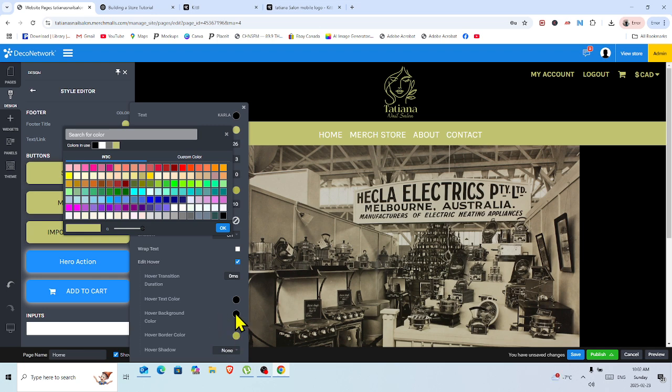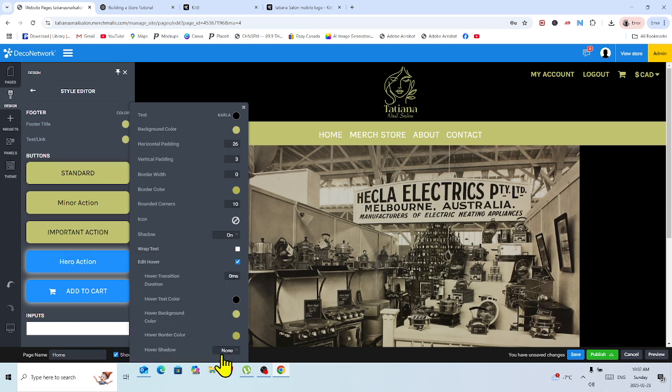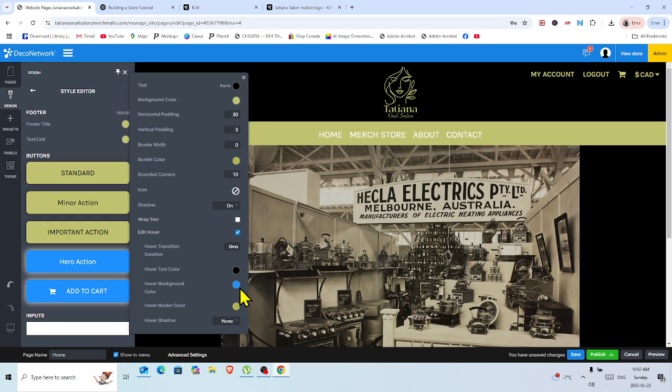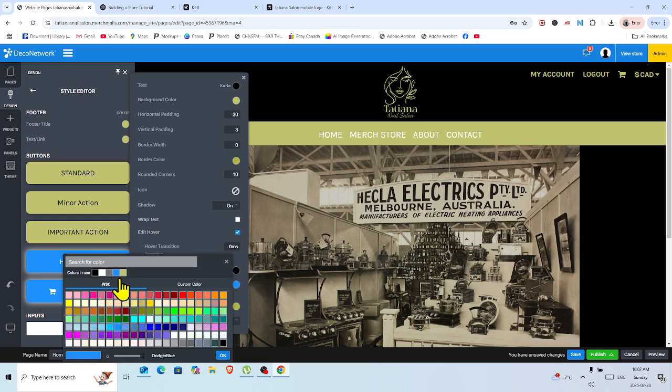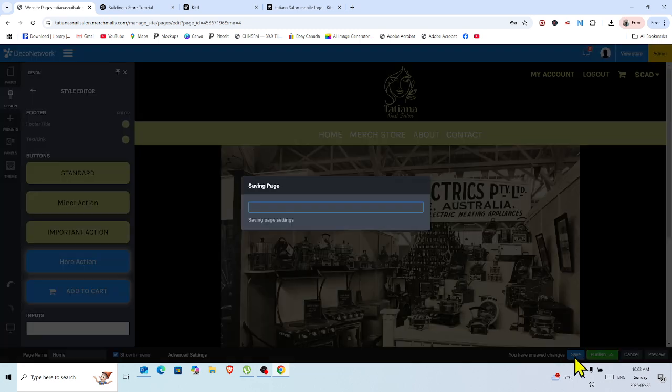Actually, we were supposed to change these too. Sorry about that. We were supposed to double check this. See how that goes blue when you hover over top of it? I mean, you can make it whatever color you want. I kind of like it. All it does is just once you hover over it, it just removes the